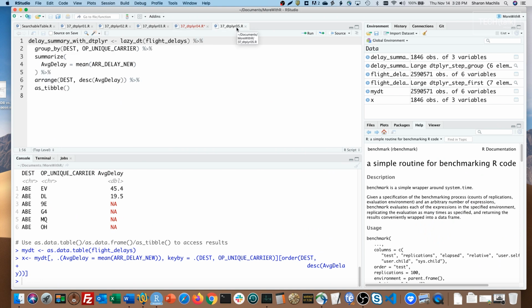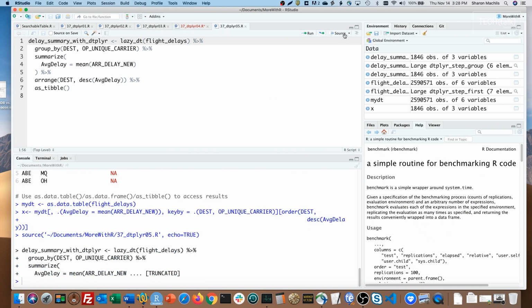To recap, here's full code for using dtplyr. Create a lazy data table, run your usual dplyr code, and then turn the results back into a data frame, tibble, or data table. In this code, I don't create a second standalone lazy copy of the object, which I did before. I wouldn't want to do that with a large data set. Instead, I create the lazy data table in the first step of the pipe command, as you see here. And now let me run that. Hopefully you could see how fast that was.